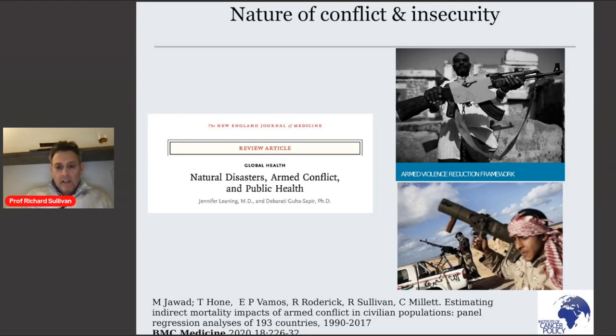The first thing is, and this is maybe going to seem a little bit self-evident to you, but it's important to make the point that the nature of conflict and insecurity is what really defines the health issues that we have to deal with. And a lot of these, of course, are not just conflicts in and of themselves. There are also natural disasters ongoing in these countries. There are major public health issues outside cancer that have to be dealt with in a humanitarian setting. And of course, the nature of the conflict and insecurity really frames the experience of those populations